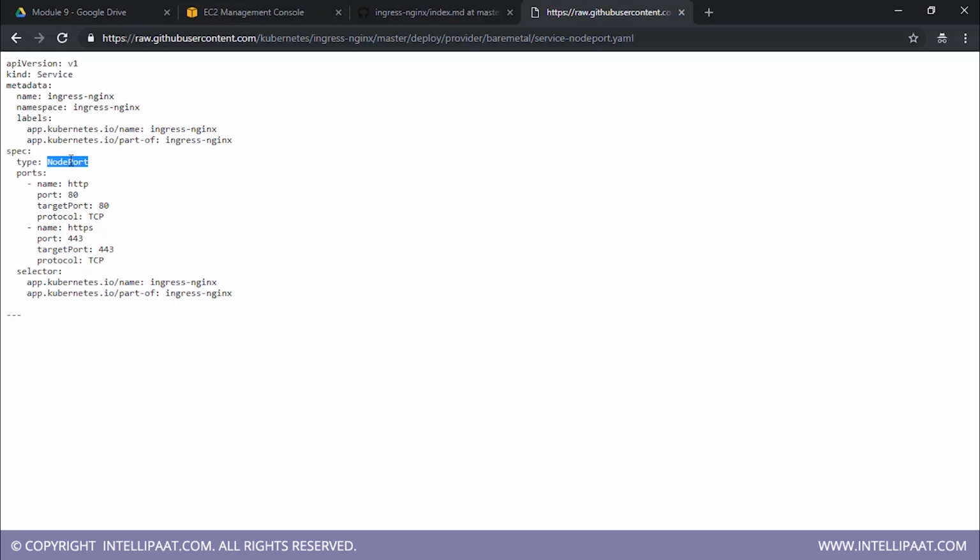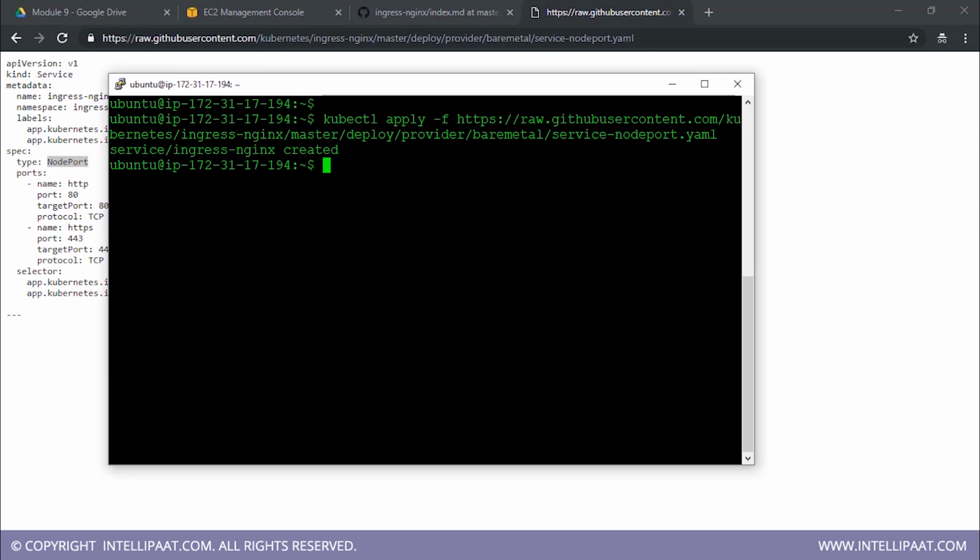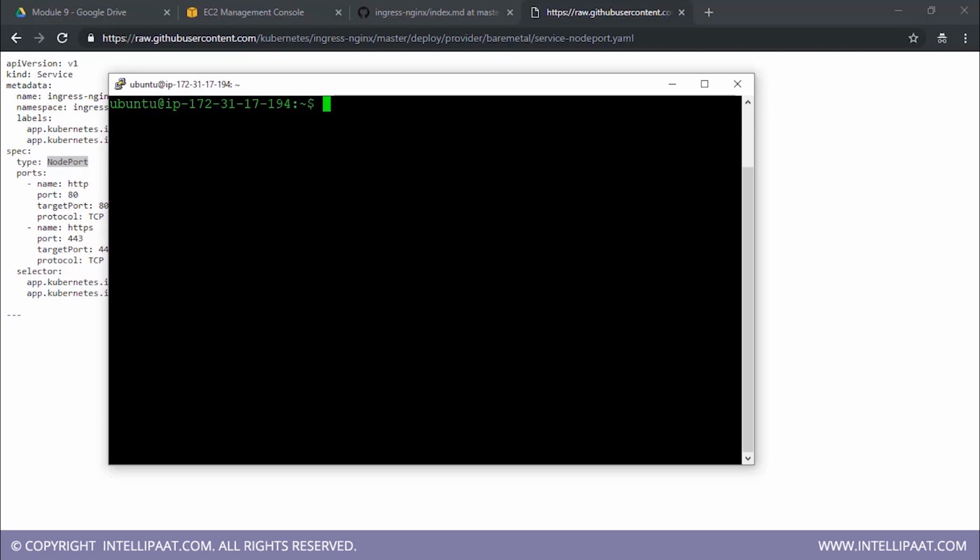And that's what happened back in the terminal as well. First, the mandatory command installed all the pods, and the second command that we executed created a node port service for me so that I can access the ingress from outside. Okay, so let me just check one thing. Now if I go to kubectl get pods --all-namespaces,